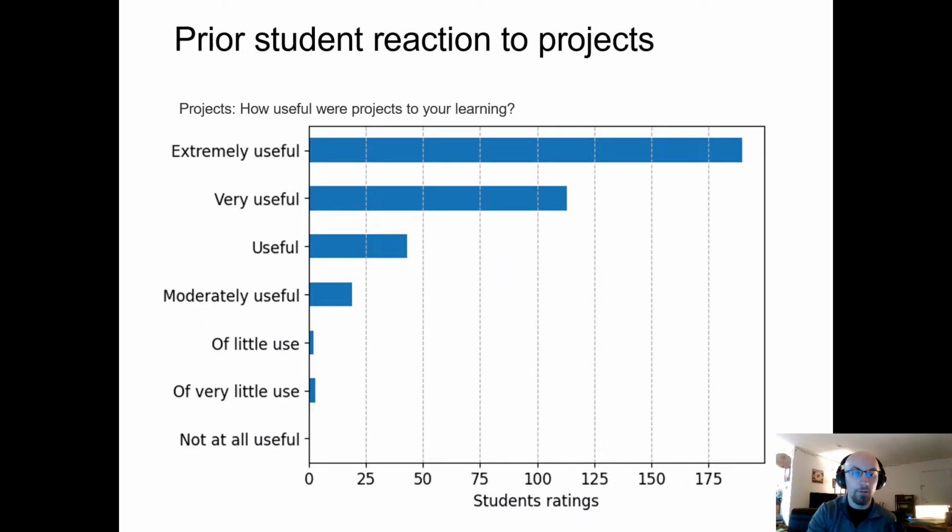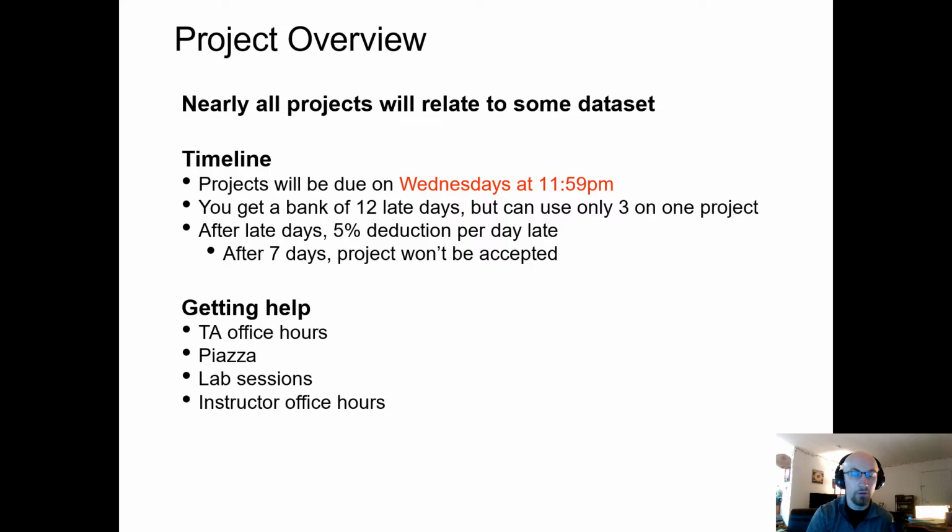Projects have been found to be very useful by students in previous semesters. This is from an APHIS course survey. They are very relevant to what we do in the lectures and labs, so attending those is what will help you during the projects. Projects are going to happen every week. They'll be due Wednesdays at 11:59 p.m. Not this Wednesday, but the following Wednesday, February 2nd, I believe, is when the first project is going to be due. That first project, you can get started on immediately after the lab. So after your lab on Thursday, you should be able to get started on that project, and it'll be due Wednesday at 11:59. As far as late days go, a project is allowed to be submitted up to 7 days late.